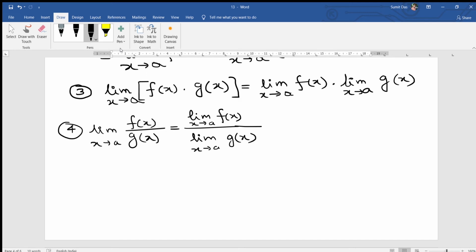Okay, so these are very simple algebra rules. One more rule is there,